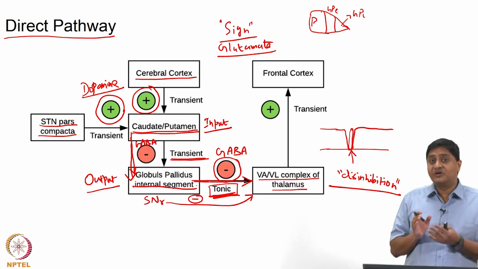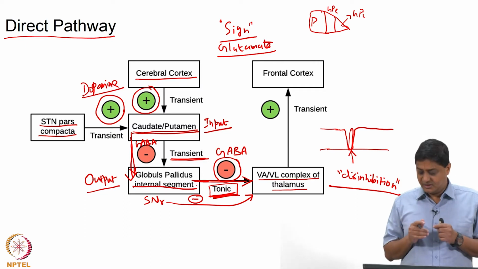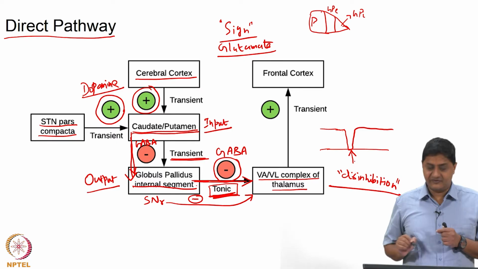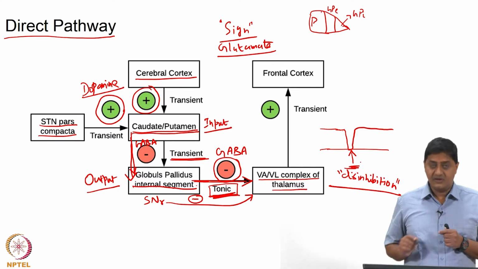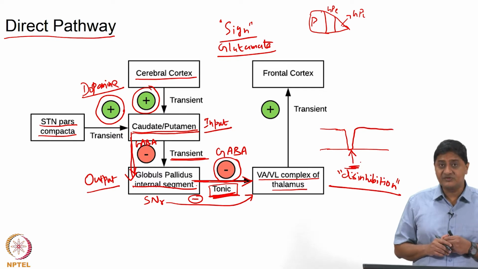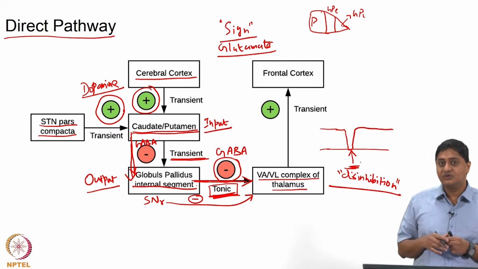If this tonic inhibition is halted briefly, that means there is going to be disinhibition, like it has been shown here. And this inhibition is caused by inputs coming directly from the striatum to GPI. That means it does not go through the internal circuitry, the GPE, it directly goes to the output structure GPI,